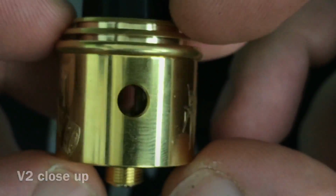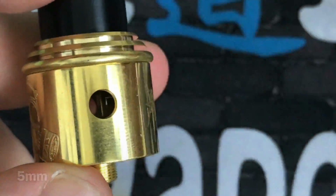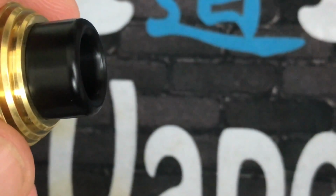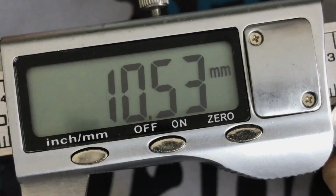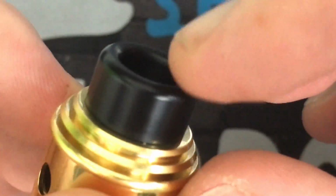This is the gold. So you got the same airflow, 4 millimeters on each side. Okay, you got the same exact airflow. All right, these are both compatible. A chuff top here. Let's see if there's a difference in size on this one. Yeah. 10.5, and the other one was like 9 point something, so this might be a millimeter thicker. Okay,